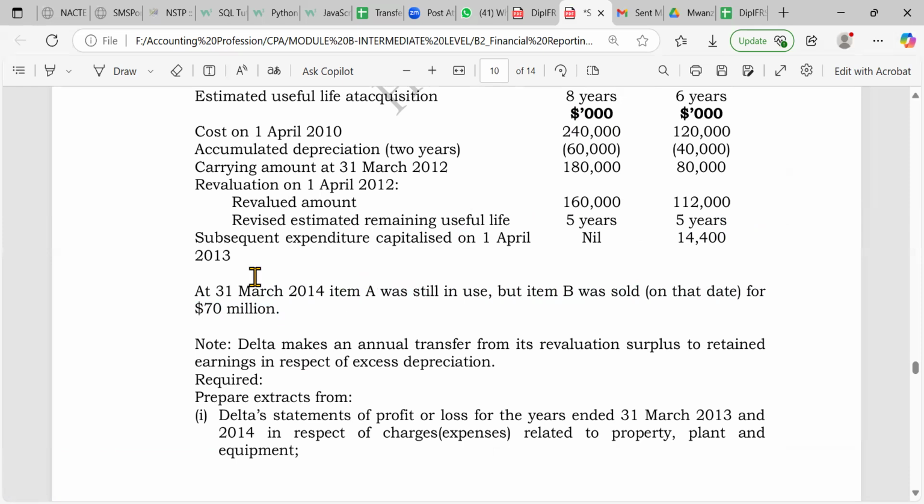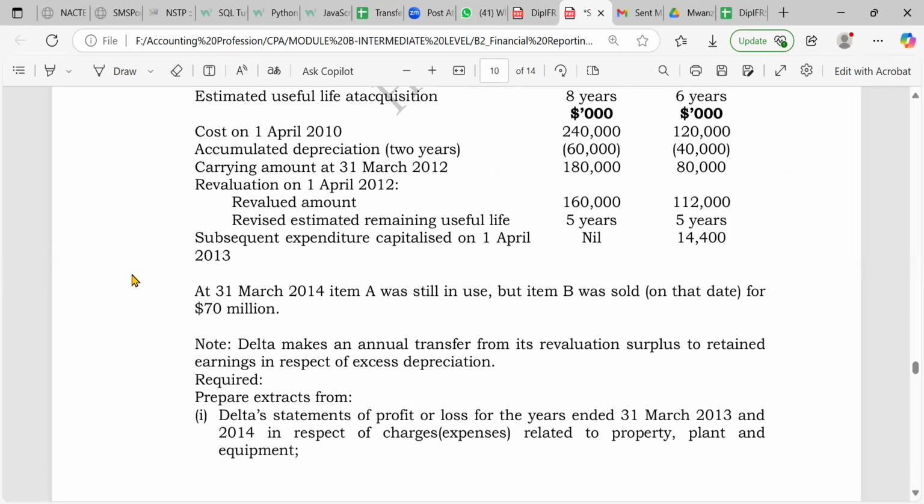Okay, so after this, you see that item B was sold for how much? For 70 million. Then it's fine. If you sell something, you dispose of it, right? You compute the gain also on disposal. Do not treat those sales proceeds as revenue. That's not revenue. It's a sale. It's what? Sales proceeds. That's what we call it, right? Do not go and add it